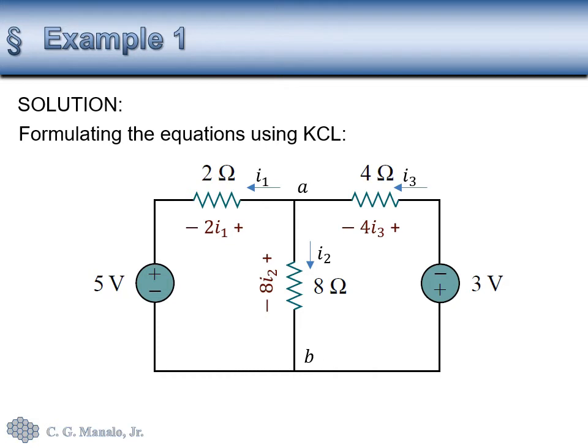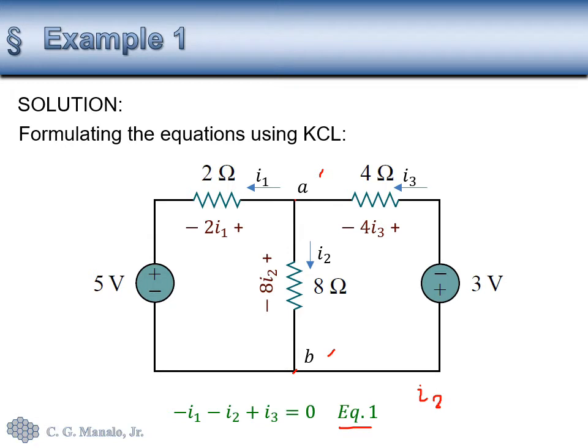To solve the problem, we need to apply KCL of Kirchhoff's as well as the KVL of Kirchhoff's. Now for KCL, we need to find nodes where there are more than two elements connected. So that will be nodes A and B. Now for node A, we formulate the KCL there. So we write current entering minus current leaving must equal 0. So let's write there equation 1. Now we could also write the KCL at node B, and that would result in something like this: